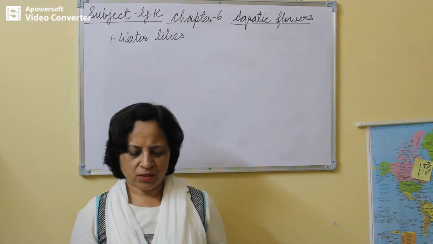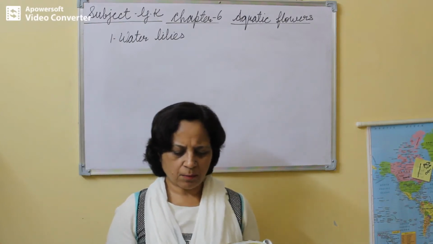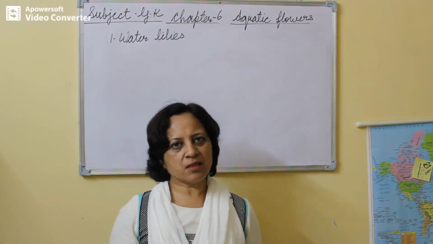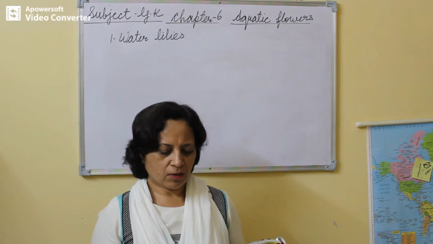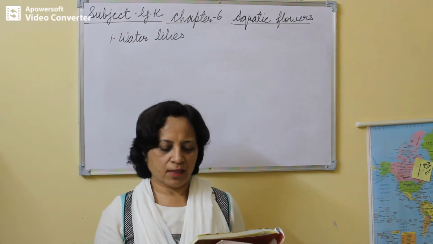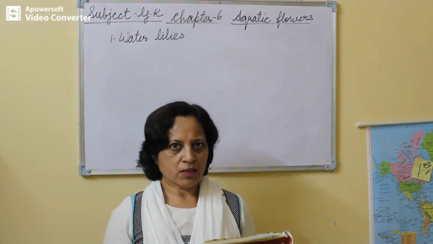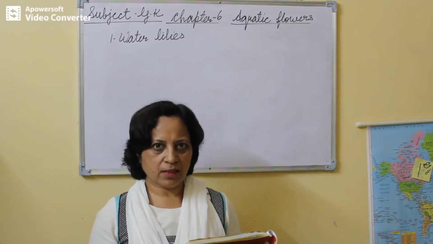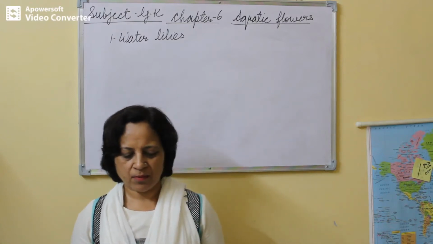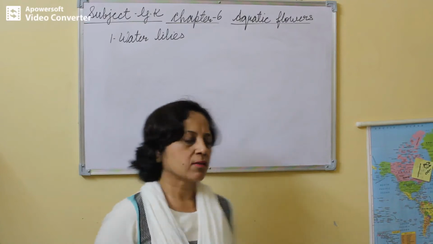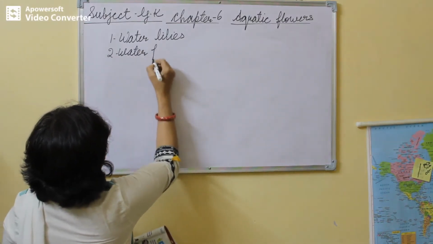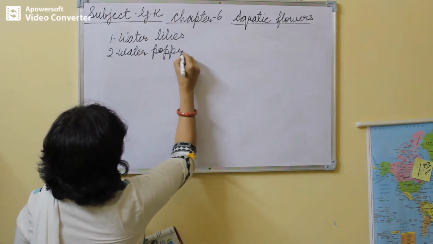Their obstructive size makes them an ideal partner for lilies. Now these plants are the partner for lilies because their size is very obstructive, means not attracting, okay. They are yellow aquatic flowers but they have green leaves. They grow during late spring and summertime. The answer is water poppy. Second answer is water poppy, P-O-P-P-Y.